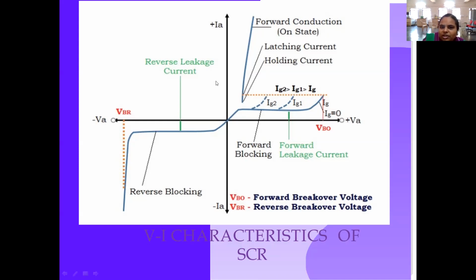When a diode is going to conduct, after 0.7 volts, we have to apply a minimum voltage, then it starts conducting, right? Here also it is the same: we have to apply a minimum voltage, and after that it will start conducting. The minimum current we have to give to turn on the SCR, we call the latching current, a minimum current so that our SCR starts conducting independent of the gate supply. That is the latching current.